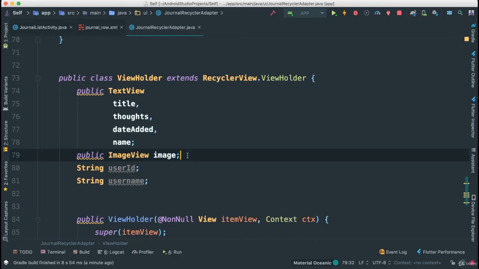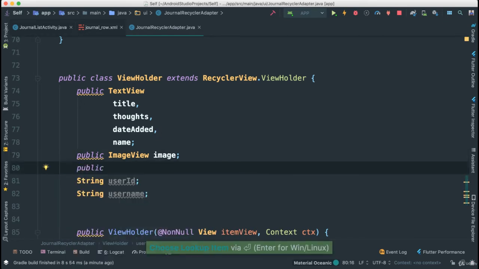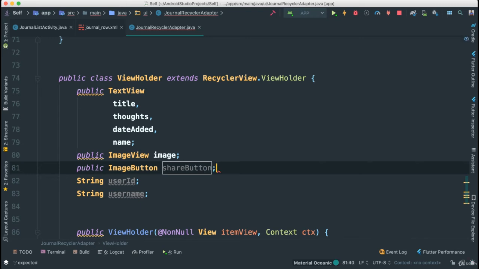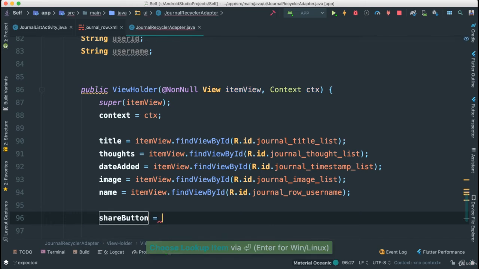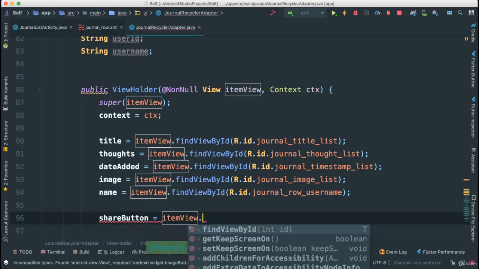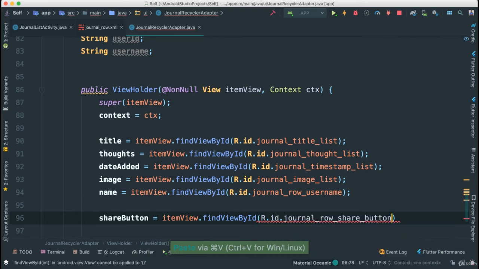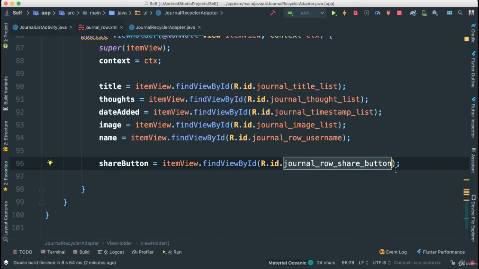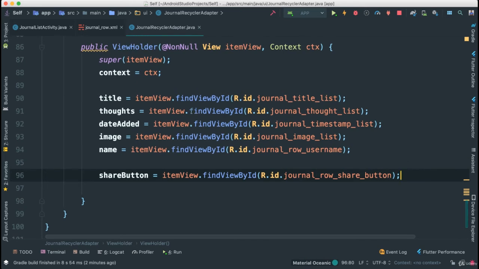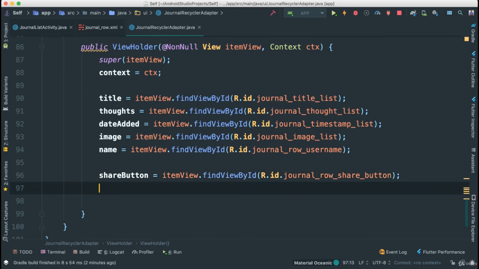I'm going to come down here and say public. I bet it was ImageButton, just to be precise. shareButton like that. So inside here, I'm going to go ahead and say shareButton item, findViewById R.id. I'm going to paste the actual ID there. And at this point, what I can do, remember, because I have this context, I can actually make it clickable so that we can go to the next view or the next activity, right? So I can say